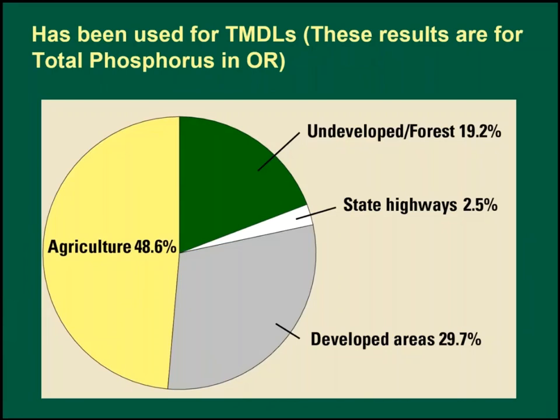SELDM is also used for TMDLs. These results are for total phosphorus in Oregon. In that, we did a study of the Willamette Basin, and using that lump parameter concept, we looked at agriculture, developed areas, state highways, undeveloped forest. Although the highways, because they're 100%